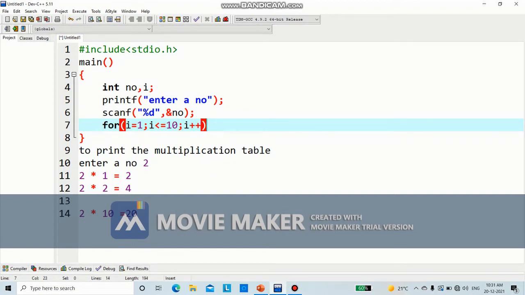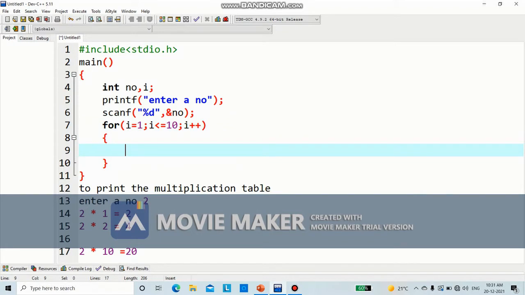Okay, so when the first time the loop is running, what we need to display? This line. So I'll have to write printf %d, because this is the value present in this variable number. Since I'll be displaying the value of number, I'll have to give %d. Then what is the value? 1, whose value is 1? i's value is 1. So again %d for the variable i. Then equal to is what? Number into i. So again %d.